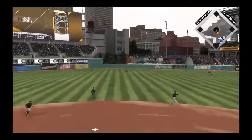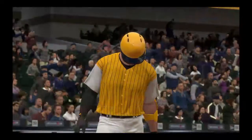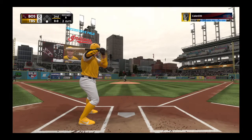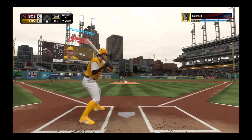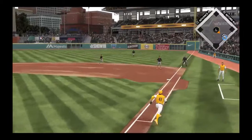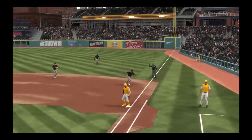Line drive to center field, but sadly for him, this will head straight to the center fielder as he puts it away without much trouble for the second out. Ready with the first pitch. Here it comes. Popped him up. Pujols is there, and they go down in a...